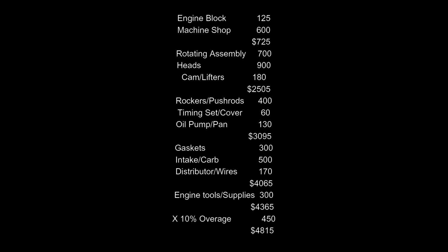Then the rocker arms and push rods were, again, I splurged. I got good Comp Cams roller rockers, roller tips, and I got the push rods from Summit as well, and those were together $400. The timing set and cover, $60. Oil pump and oil pan, $130. So to have a completely sealed up, rotating engine, I guess that's truly the short block, was